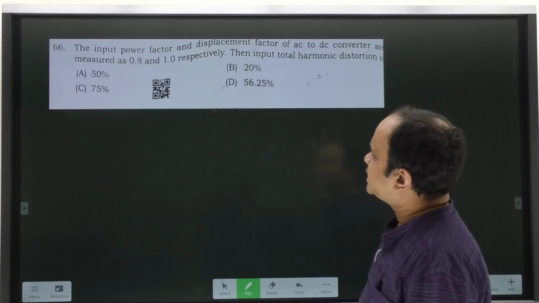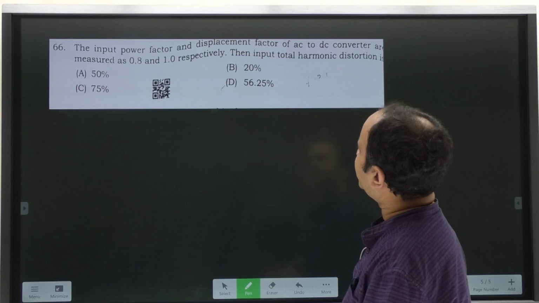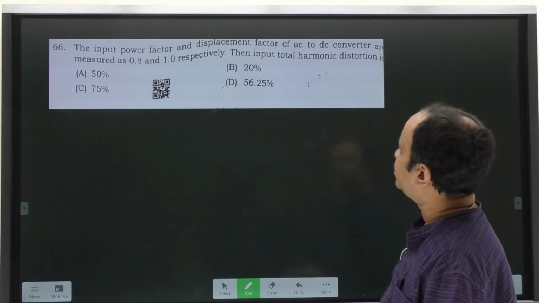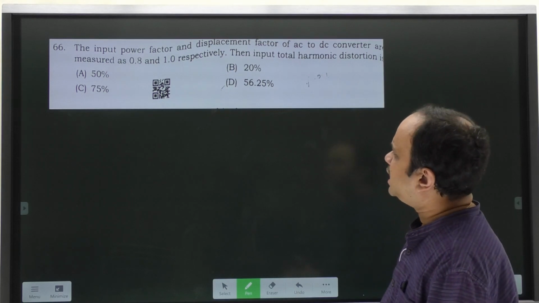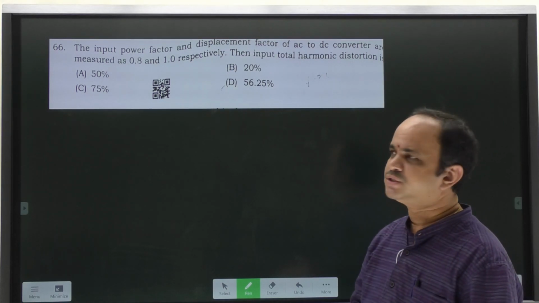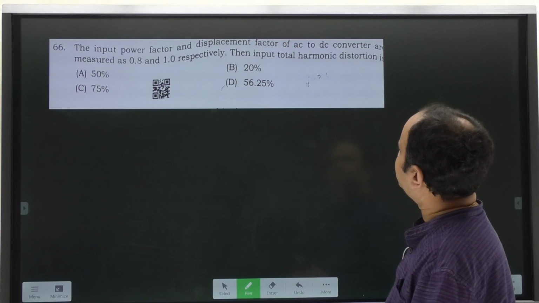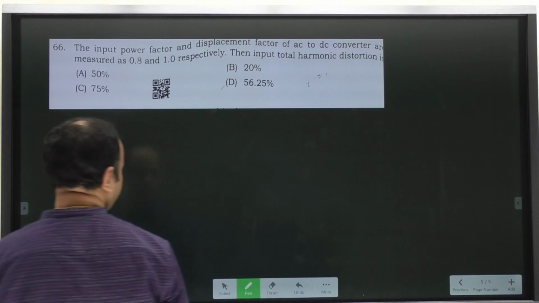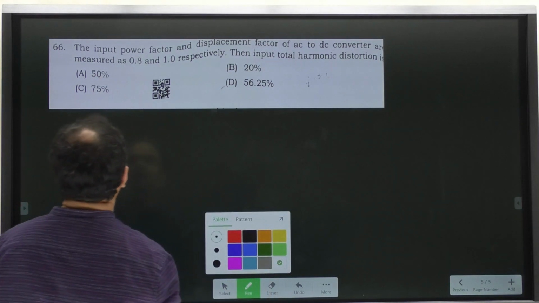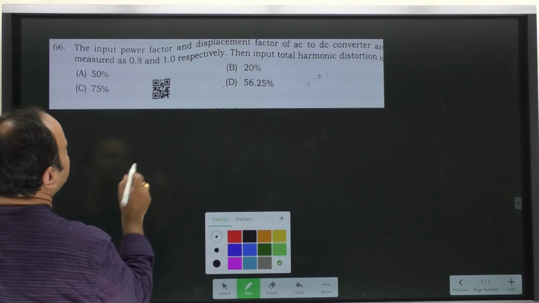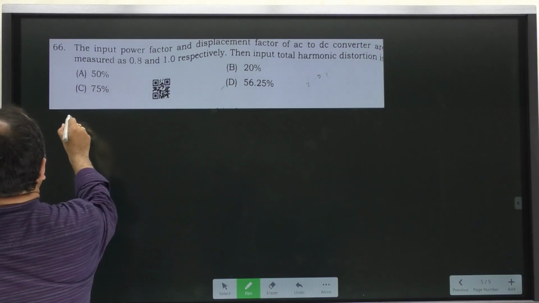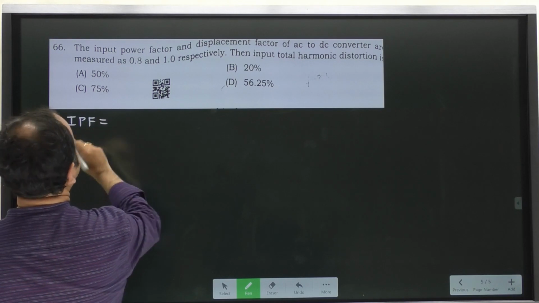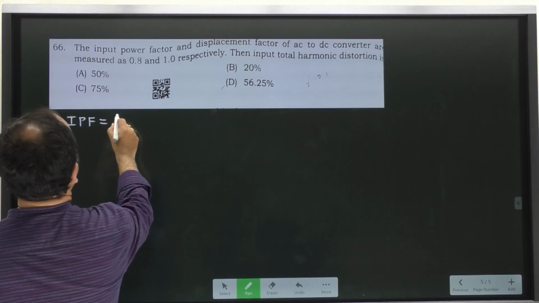Now let us look into the next question. The input power factor and displacement factor of an AC to DC converter are measured as 0.8 and 1.0 respectively. The input total harmonic distortion is... Now here is a little bit of calculation. What is given? Input power factor. Let me write like this: IPF, input power factor, is equal to 0.8